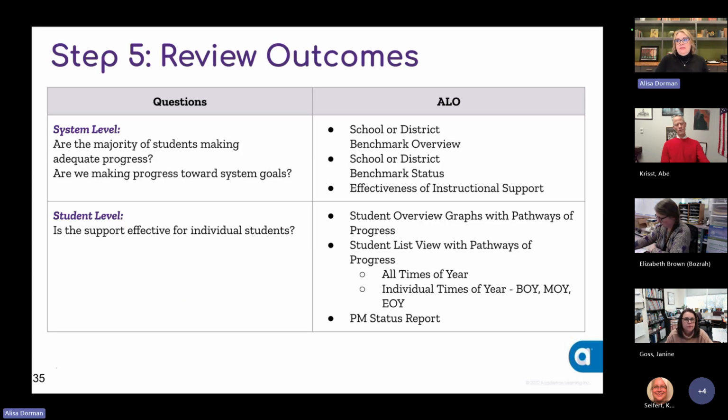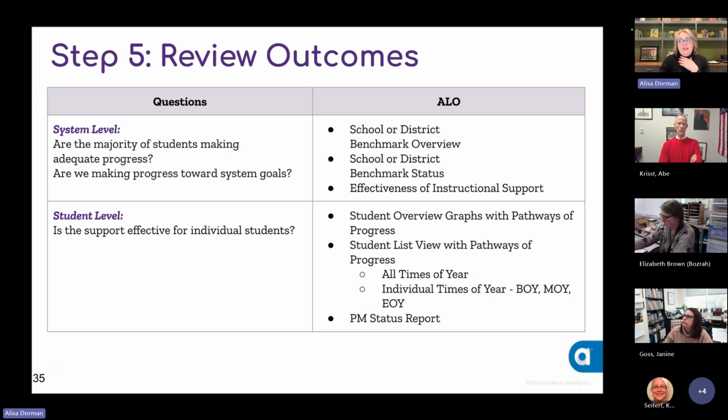And then again, reviewing the outcomes, it takes you back to some of the other examples of reports that we have, taking you back to looking at distribution graphs, having you look at the students' progress against their pathways, meaning the descriptive performance of that student and their growth over time compared to their matched peer group, those who scored like them at the beginning of the year and those who are traveling along the same journey and trying to get to the goal, and how they fare against their growth in that comparison group.